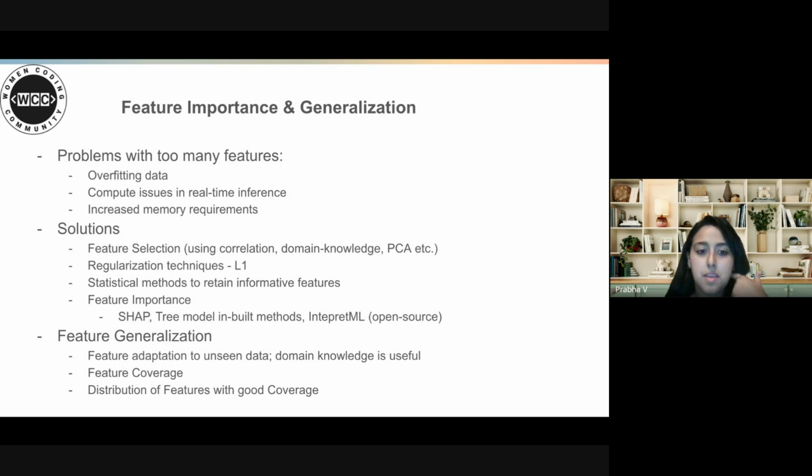It's also important that the features generalize well to unseen data and have good coverage. What that essentially means is that a lot of the data is present for a particular feature, and the distribution of features that have good coverage does not have a lot of outliers.